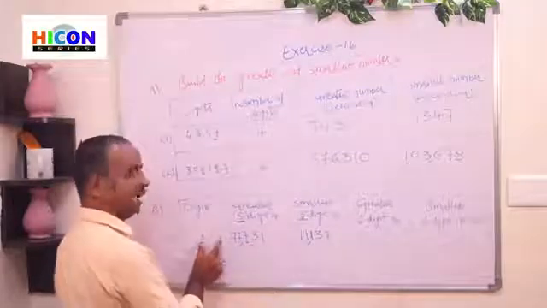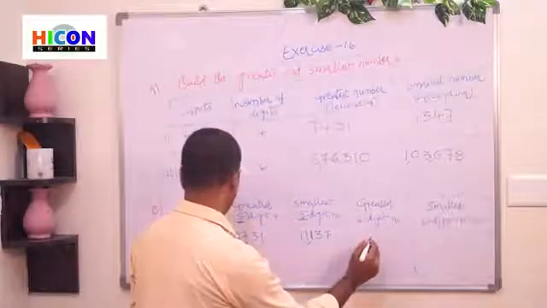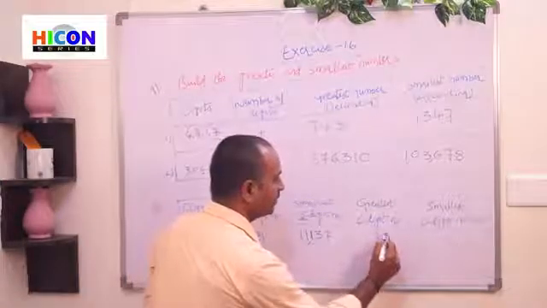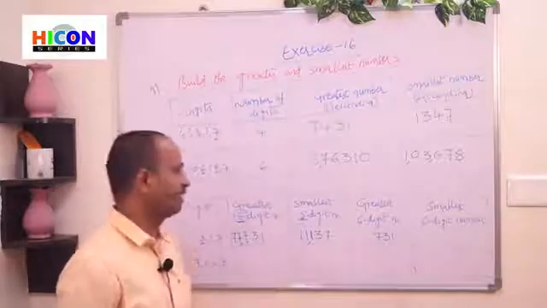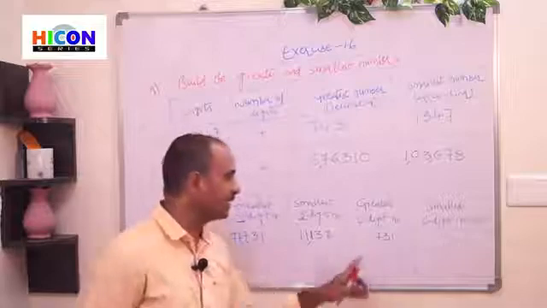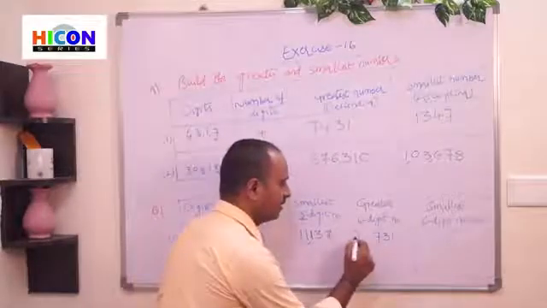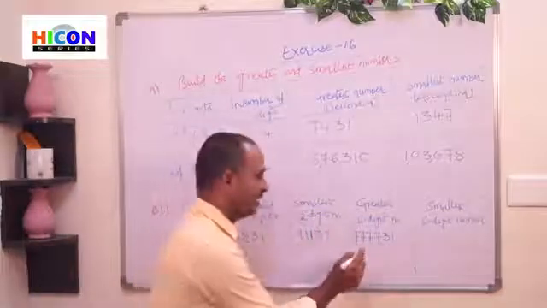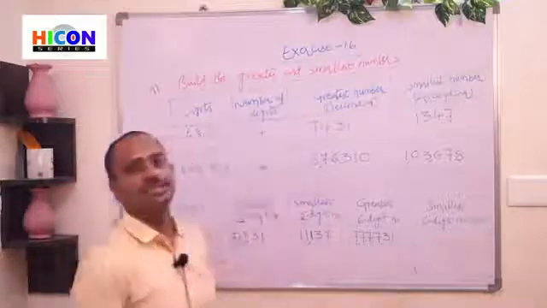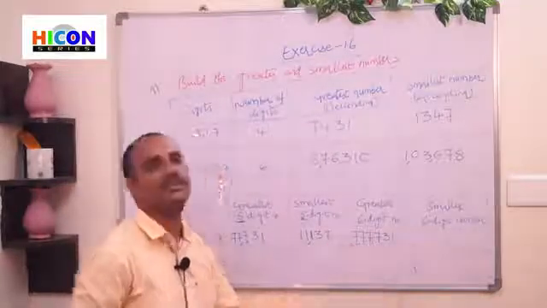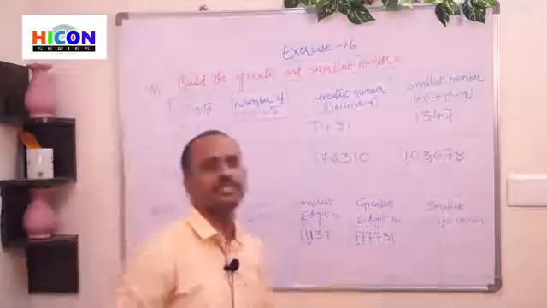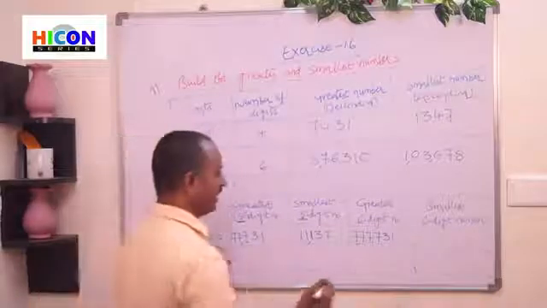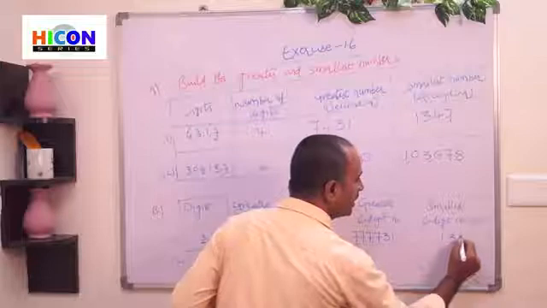Next, the greatest 6-digit number. In the same way, arrange the given digits in descending order. If we arrange the given digits in descending order, we get 731. But there are only 3 digits and we require 6 digits. So repeat the greatest digit 3 times, that means 7, 7, 7. Then it becomes a 6-digit number and it is the greatest 6-digit number, 7,77,731. Next, the smallest 6-digit number. First arrange the given digits in ascending order. If you arrange the given digits in ascending order, we will get 137.